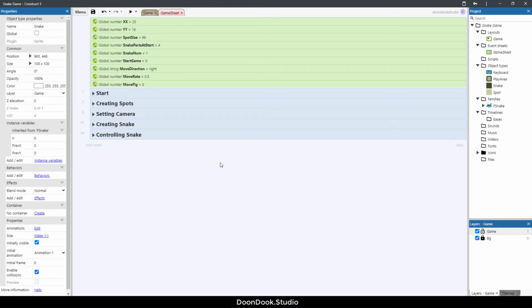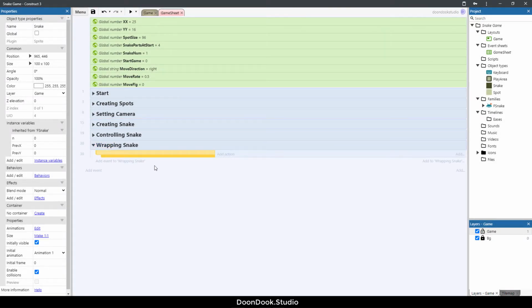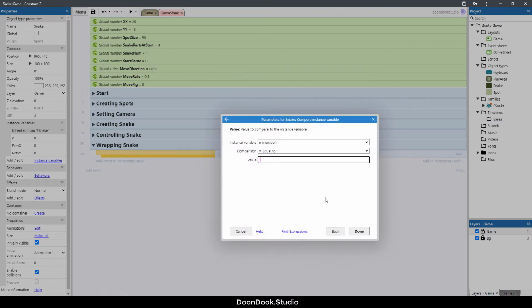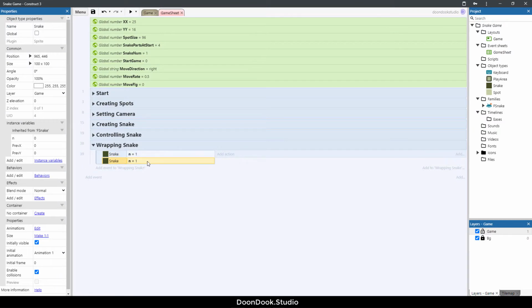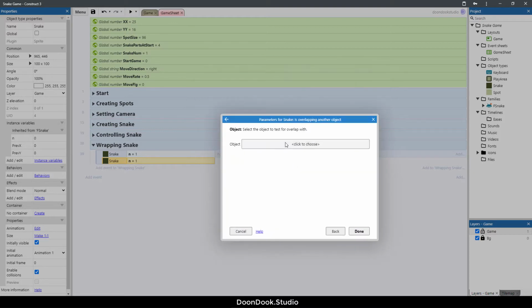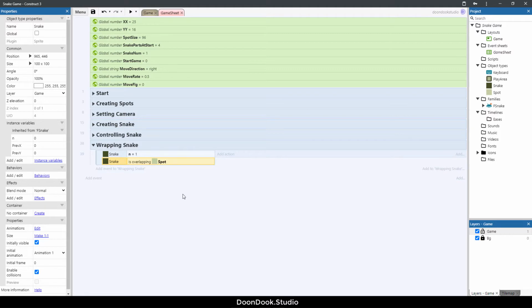Okay, let's get started. So right click here and create a new group called wrapping snake and hit B button, and here we want to pick snake's head and then copy and paste this event, "is overlapping another object." An object is going to be a spot, and I'm gonna hit I on the keyboard to make this event invert. So here we want to say if a snake's head is not overlapping any spot, that means it's out